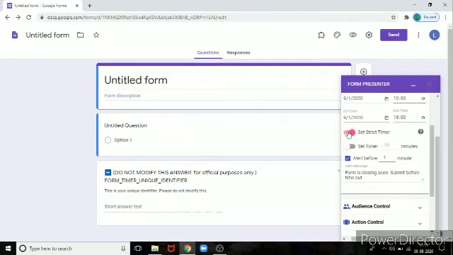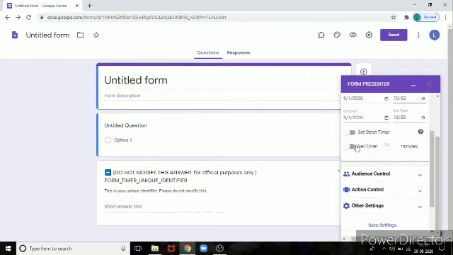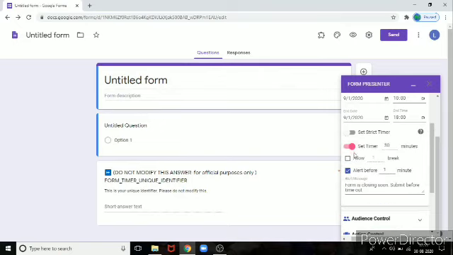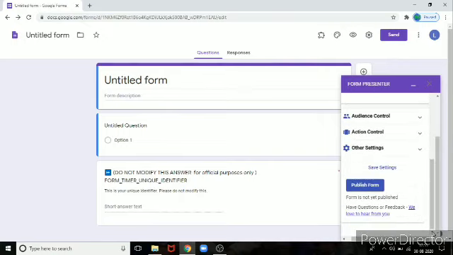We have so many options here: set strict timer, set timer, allow a break. Like this, many options are there. After that, we can publish the form, or save settings first. Settings are saved. Publish form.